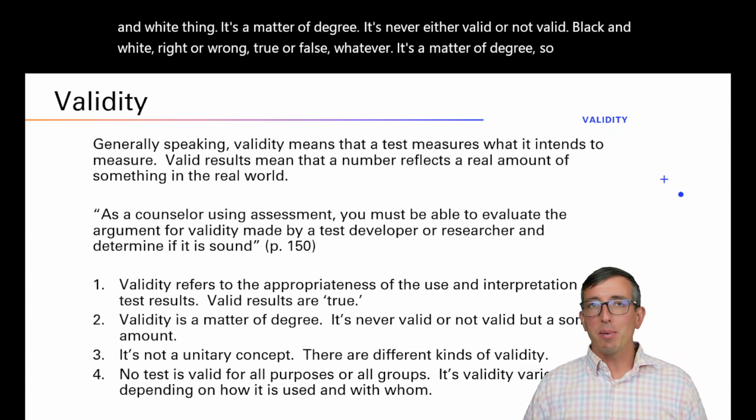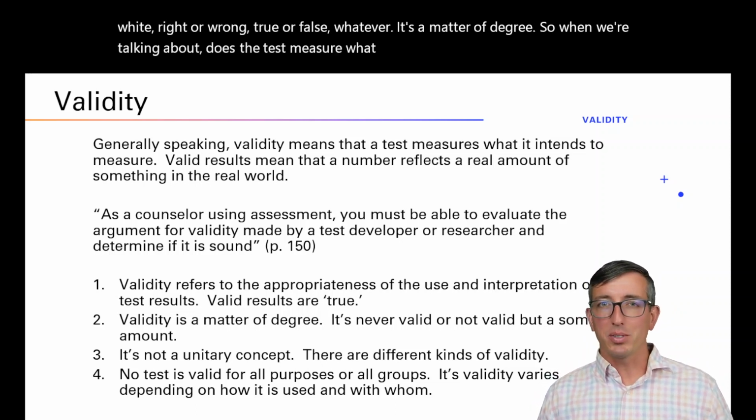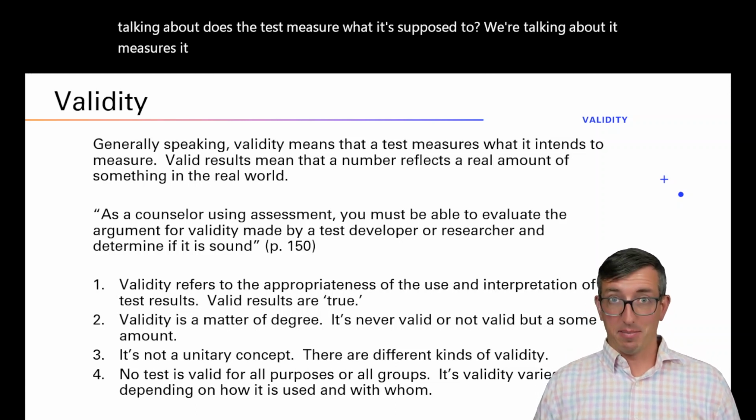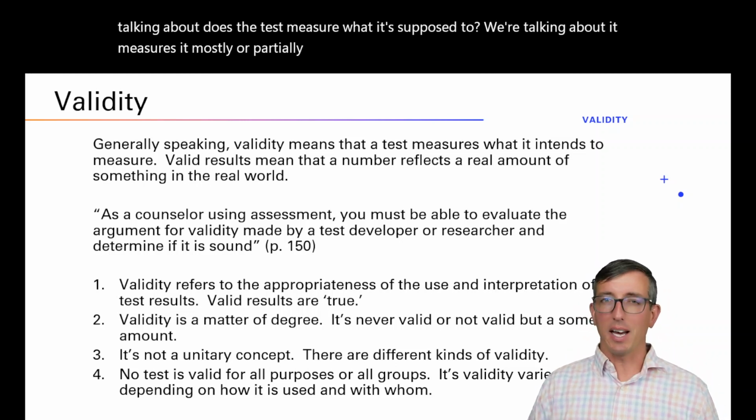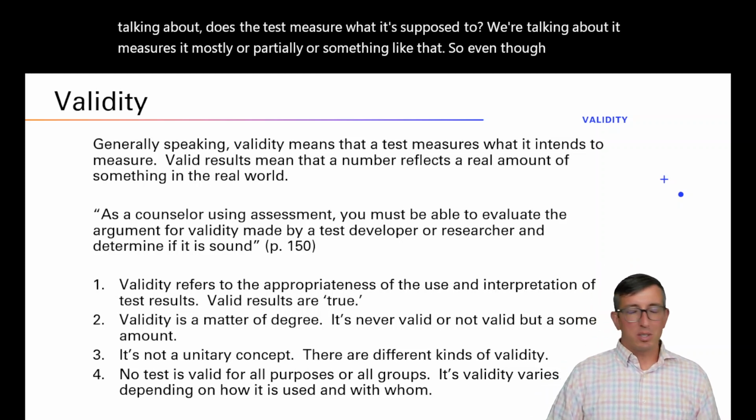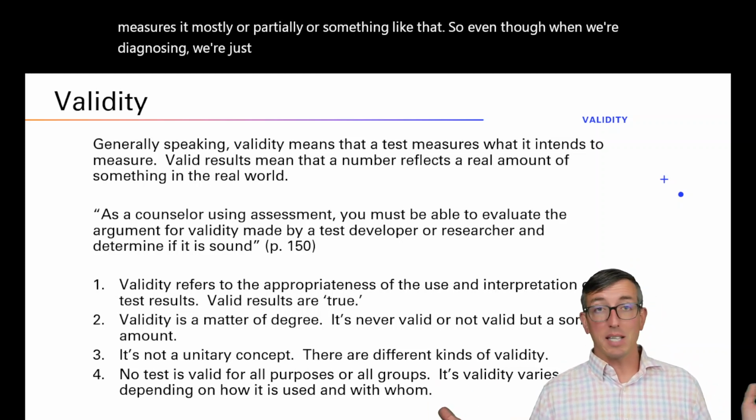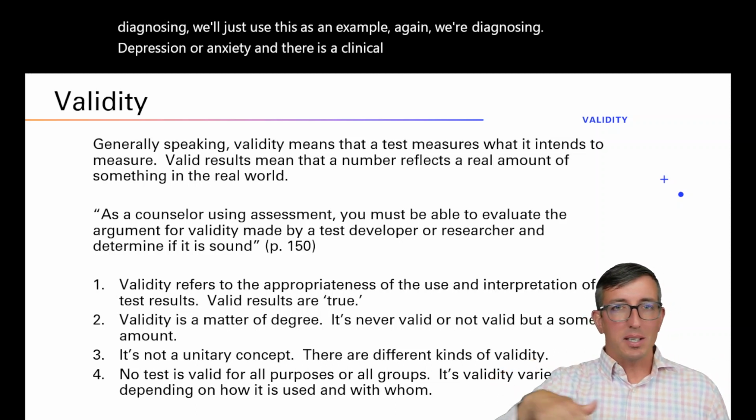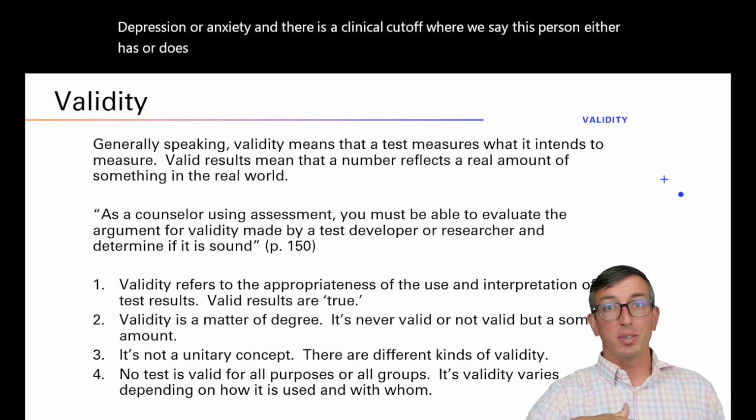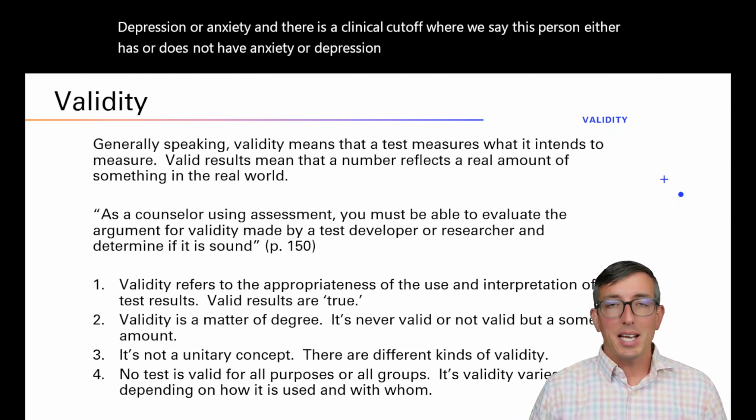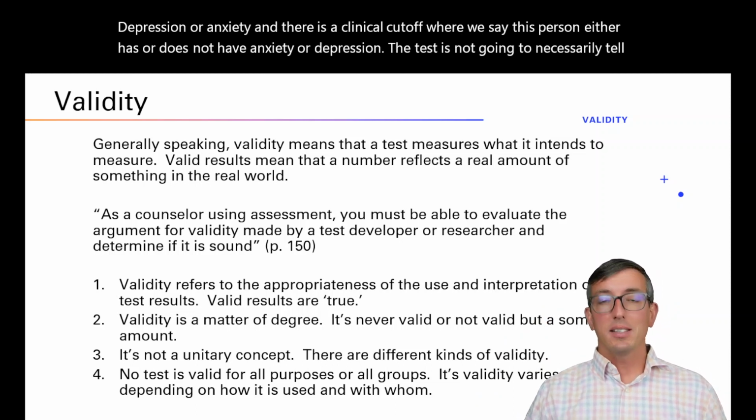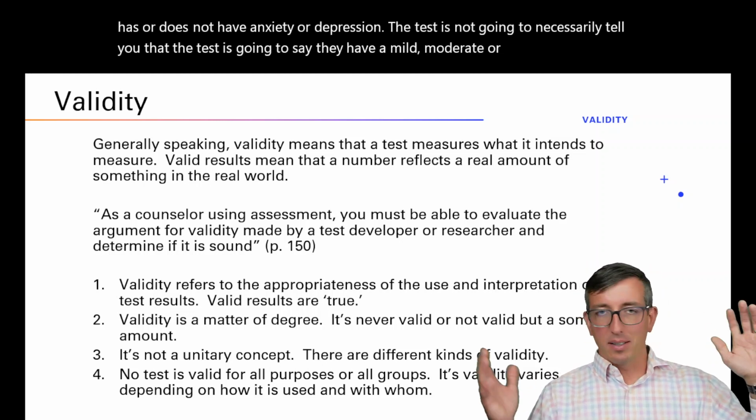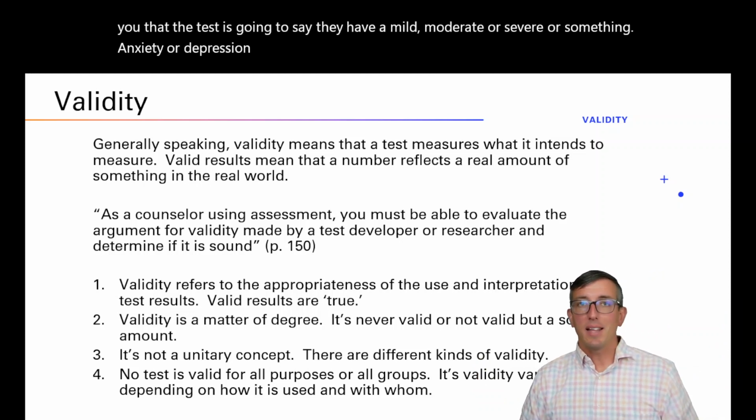So when we're talking about, does the test measure what it's supposed to? We're talking about it measures it mostly or partially or something like that. So even though when we're diagnosing, we'll just use this as an example again, we're diagnosing depression or anxiety, and there is a clinical cutoff where we say this person either has or does not have anxiety or depression, the test is not going to necessarily tell you that. The test is going to say they have a mild, moderate, or severe anxiety or depression, and the